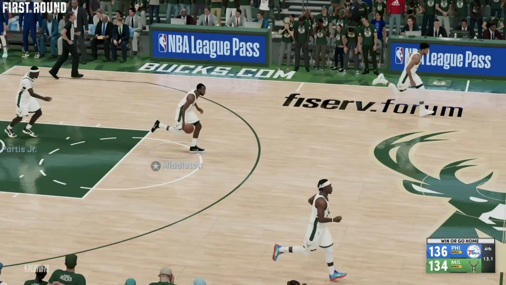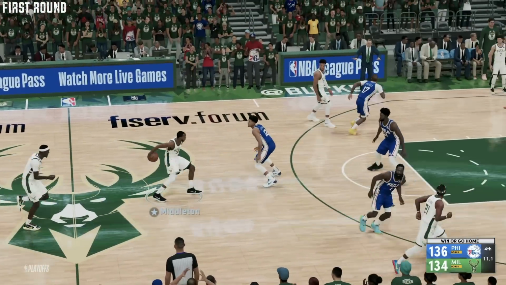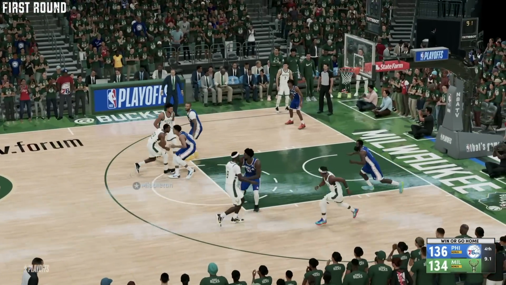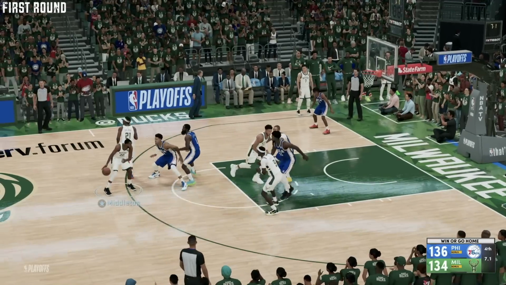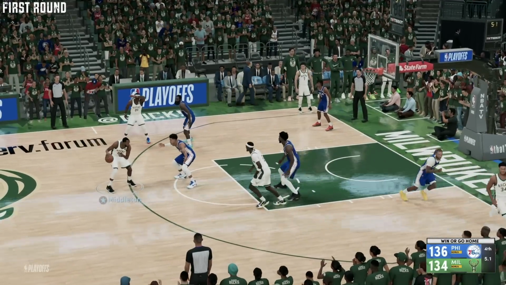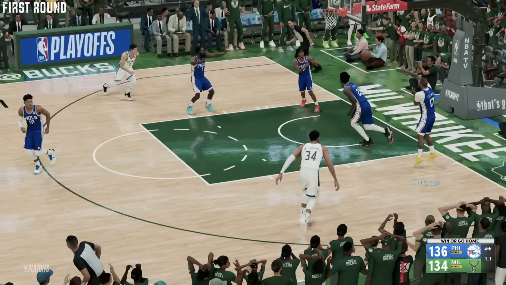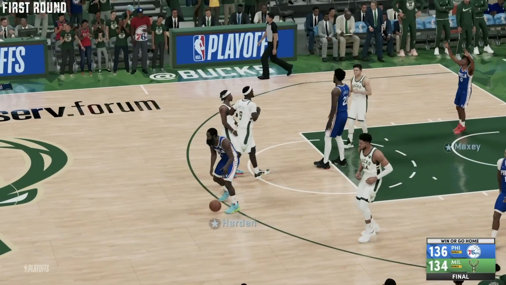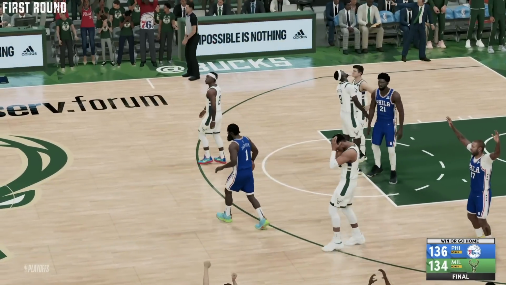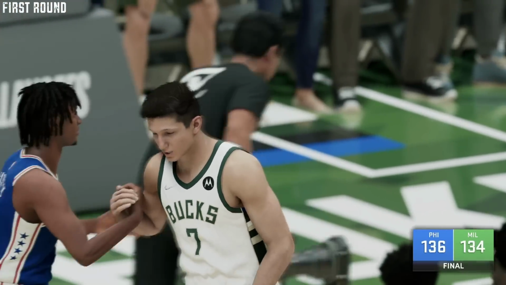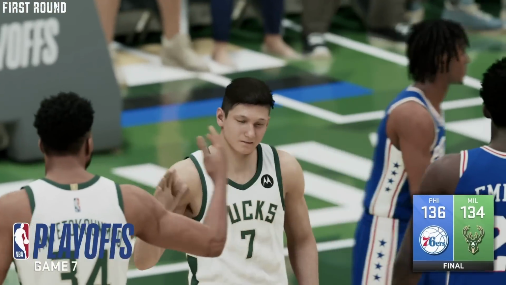Now will Milwaukee go for the tie, or will they go for the win? 10 seconds now remains. Middleton takes it back out, down to 6. 5 seconds and this winner go home. Middleton gonna go for the win. No good, rebound Tucker, and it's over. The Sixers have beaten the Bucks in 7. Who predicted that? I mean, Khris Middleton went for the dagger right there.